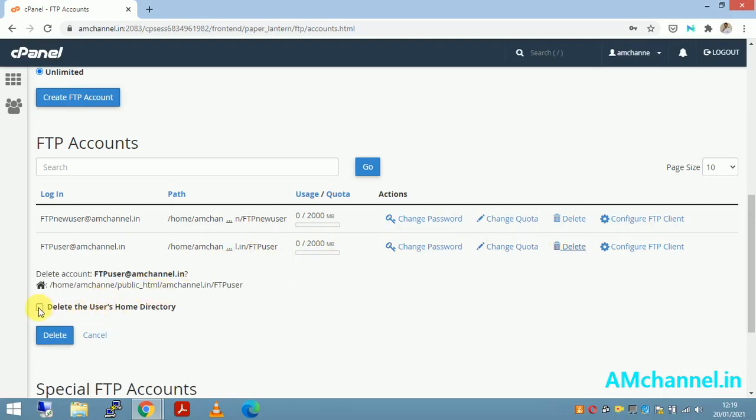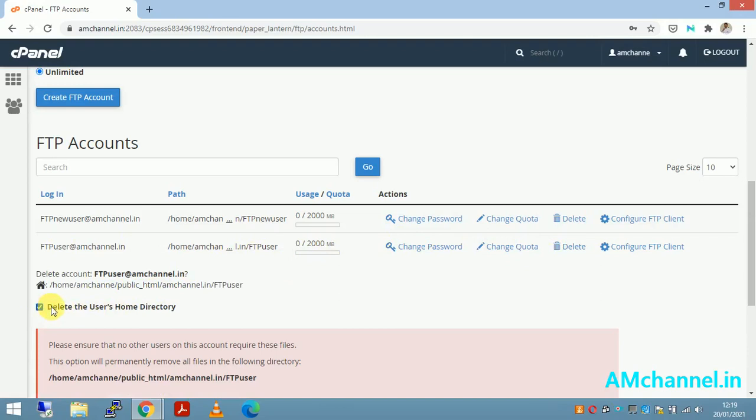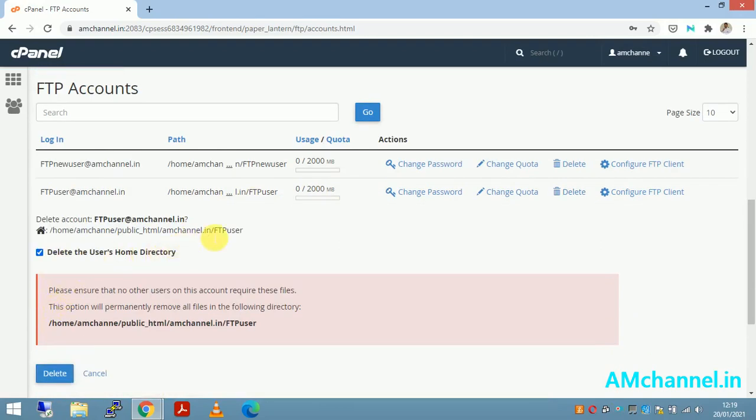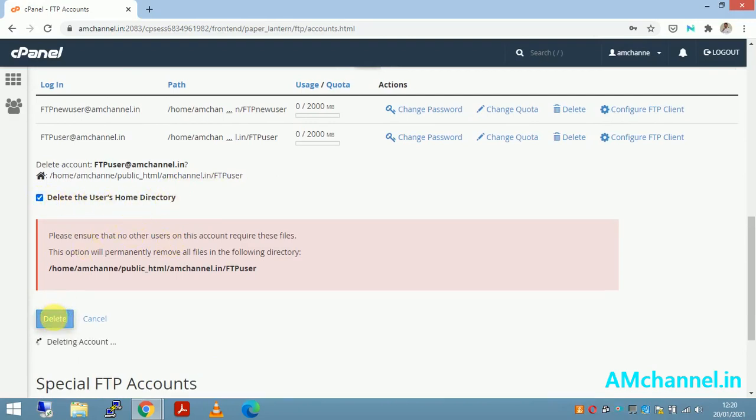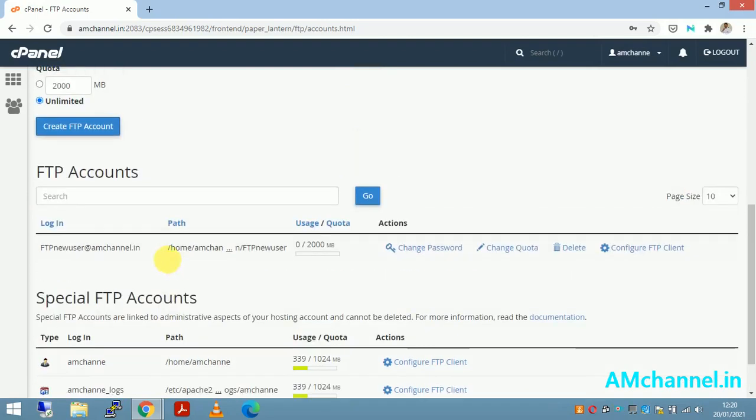Make sure to take a backup of files from this user's directory, and select the box to delete the user's home directory. If you don't need the files or data from that user's directory, you can directly select delete the user's home directory and delete it. I have deleted that user.